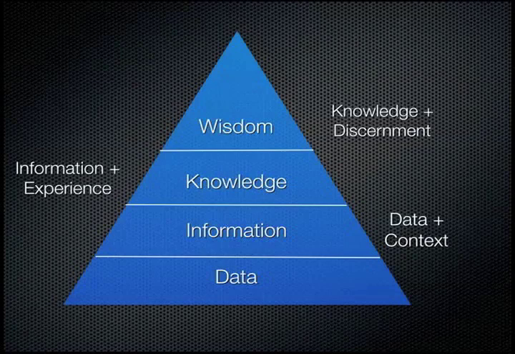We start out with the basic concept of data, which is just a simple abstraction of reality: ones and zeros, numbers, bits of data. We add context to that data, and that gives us information. We add experience to information, and that gives us knowledge. Knowledge and discernment is what gives us wisdom. So an information system, well, it has the word information in there, is actually created to address all of the